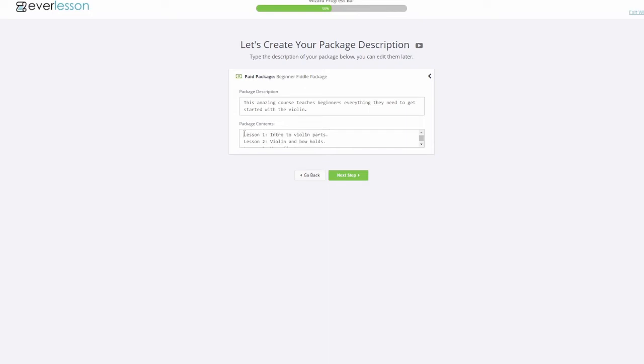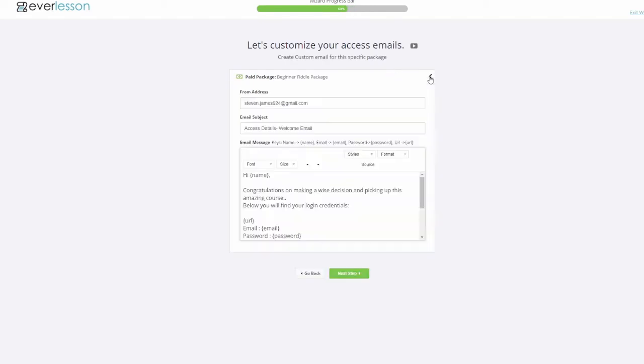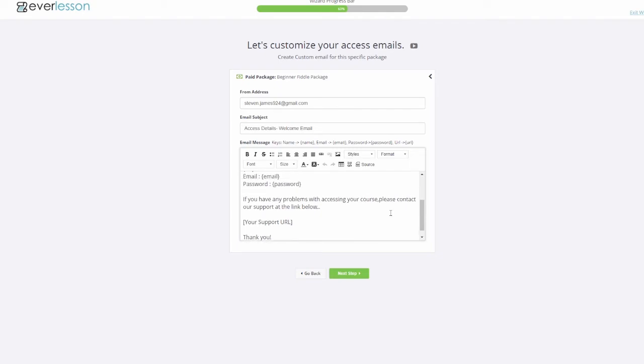And just to make sure it looks good on whatever page it might show up on within Everlesson, we'll go ahead and do this Alt Numpad 7 trick to add bullets. Let's go ahead and hit next now that our package is taken care of. And let's customize your access emails. So this is basically just a matter of determining what your customers are going to see in their inbox along